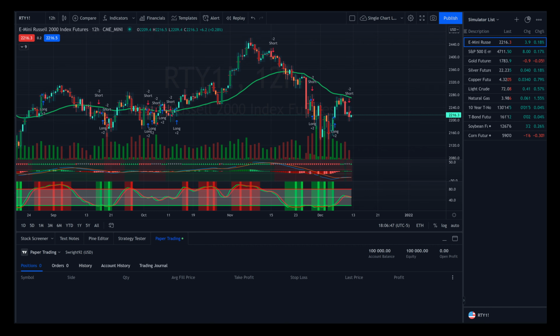But for right now, this is obviously just paper trading, so it's fake money. It's a simulation. Does not matter. So without further ado,